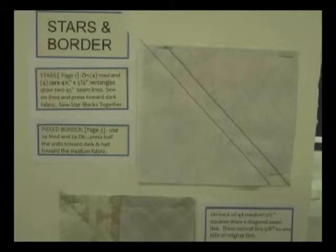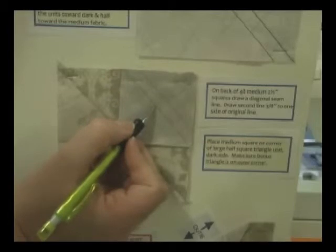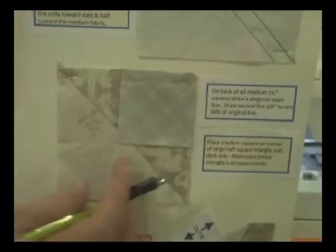Now, if you're going to be doing your borders, it's the same thing, except that now you're going to add this corner to it. So you'll draw your line from point to point diagonally on the small squares. And if you want to make the bonus triangle, then just about 3/8 inch away from this diagonal line, draw another line. You'll sew on both of those lines. You're going to cut this apart in the center, and then you'll press this unit out. That's going to give you this unit right here,